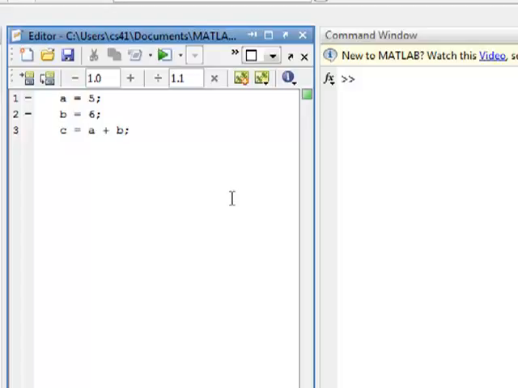So let me put a condition statement in here, and let's just start with the basic. It looks like this. If, and then I put some condition in here. Now, you don't have to put them in parentheses. It's just parentheses for emphasis. But let's say we go if A is greater than B. In fact, let's start off a little more simple than that. Let's say if A equals 5,